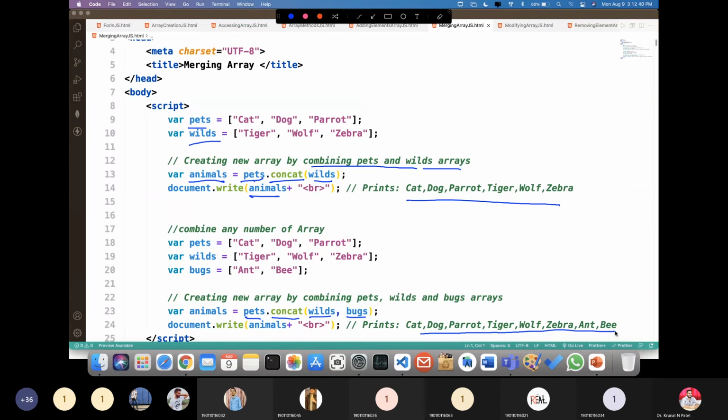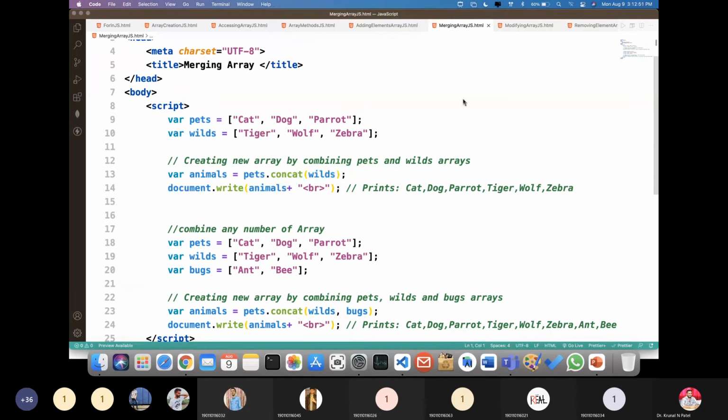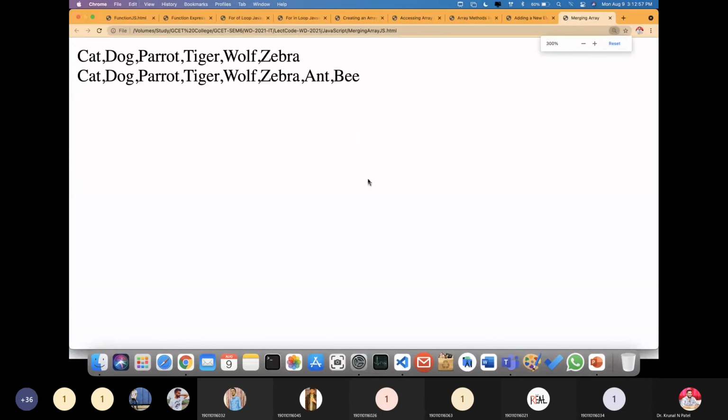These are the different ways of combining arrays, and for that we use the concat method. I have already displayed the output, but let's execute the code so you can get the idea. These are our outputs after executing it.